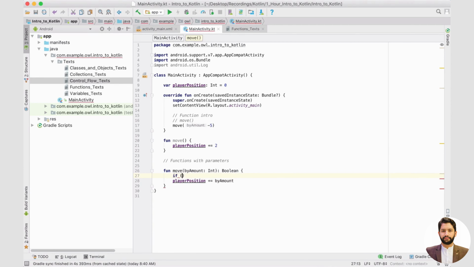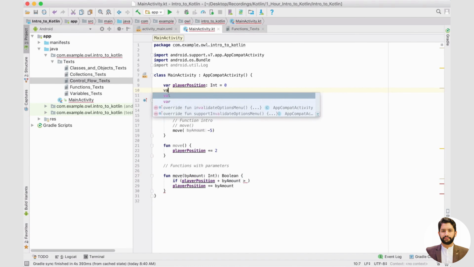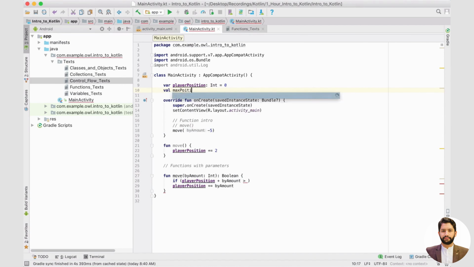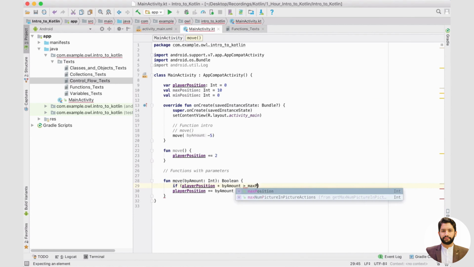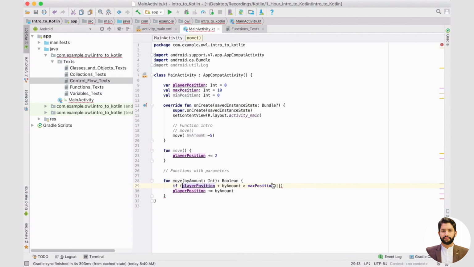So we'll say something like if player position plus by amount is greater than some value, and actually let's have something like a val max position be an int, and we'll set this equal to, let's say, 10, and we'll have a val min position of type int equal to 0. So we'll say something like if the player position plus by amount is greater than our max position, or, and I'm just going to copy this here, save a bit of time,